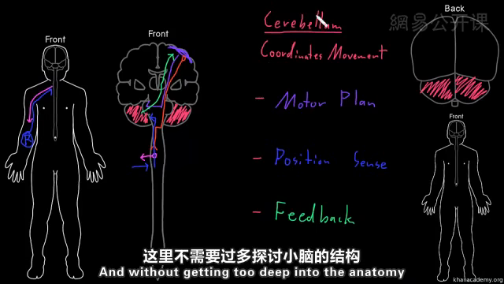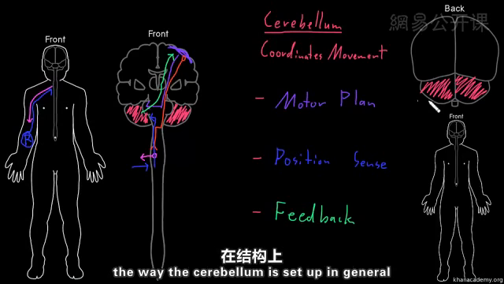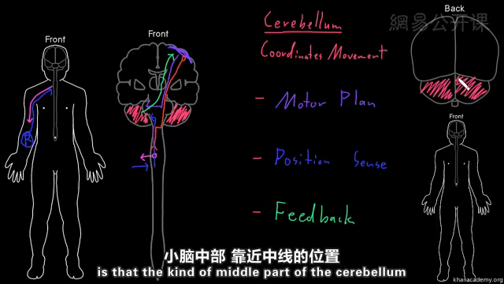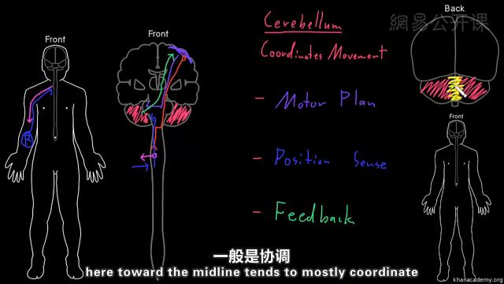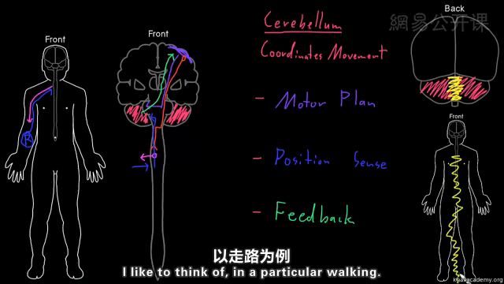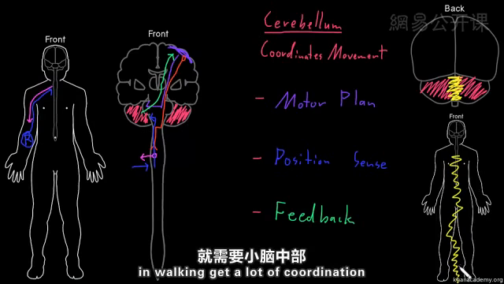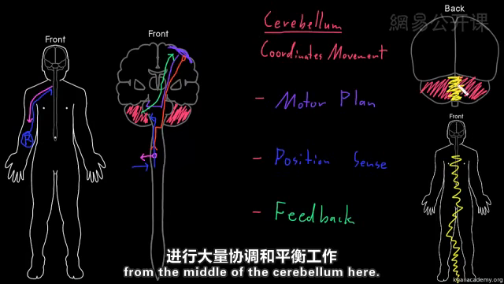And without getting too deep into the anatomy of the cerebellum, one little detail about the way the cerebellum is set up in general is that the middle part of the cerebellum here, toward the midline, tends to mostly coordinate movements involving the middle of the body, I like to think of, and in particular walking. So the muscles of the trunk and the legs involved in walking get a lot of coordination from the middle of the cerebellum here,